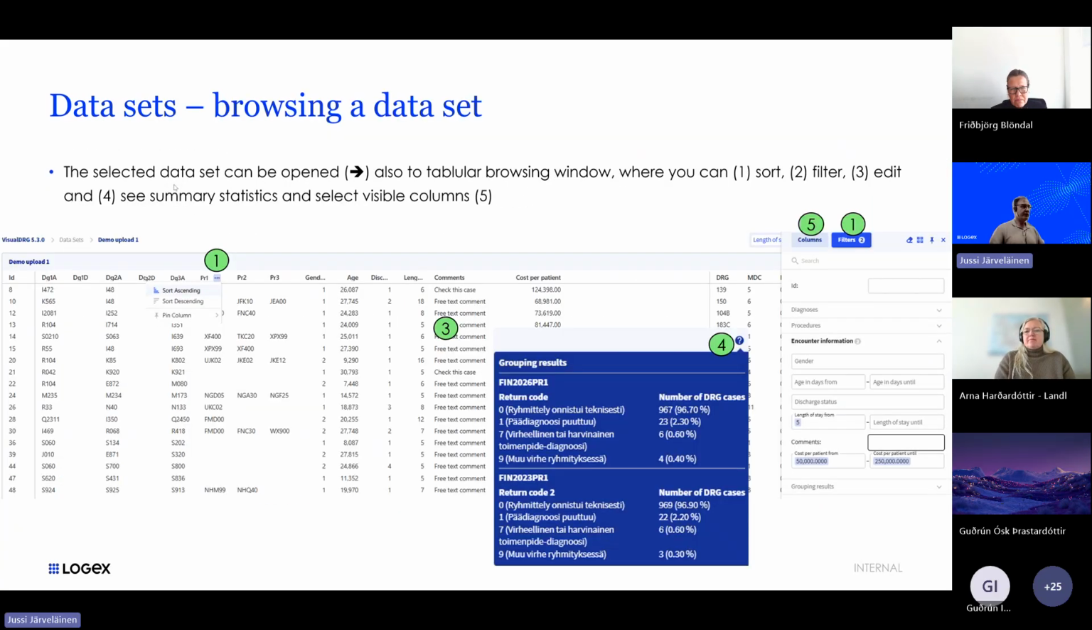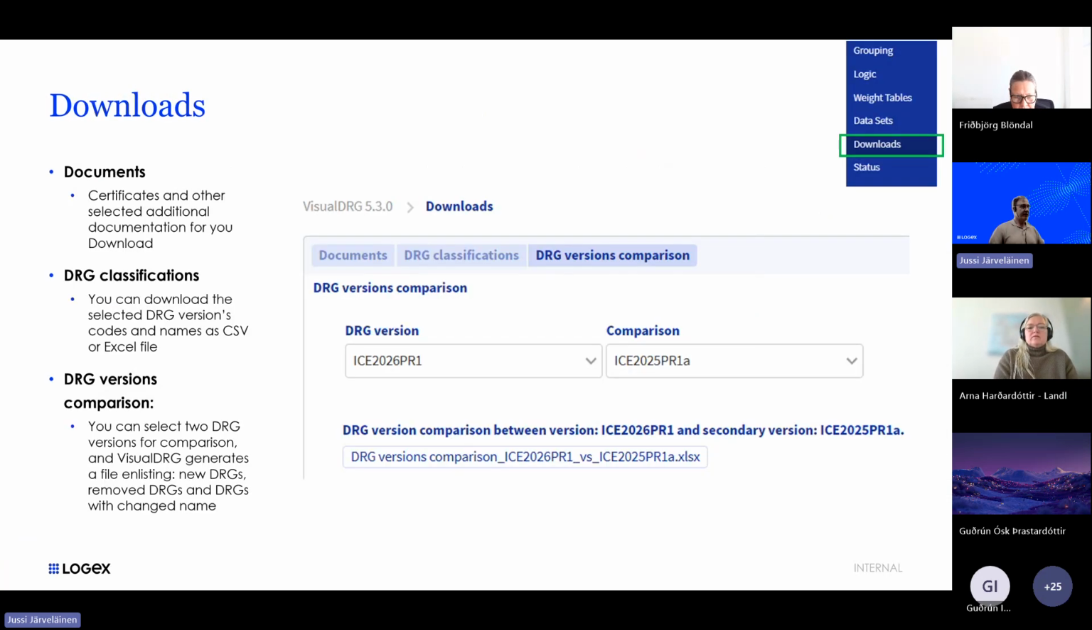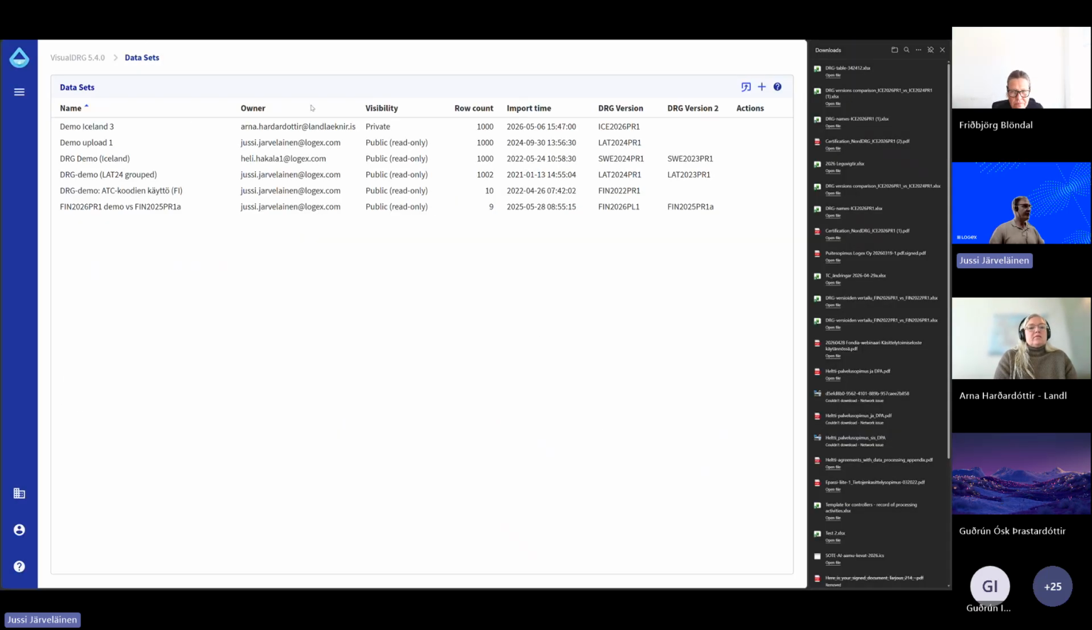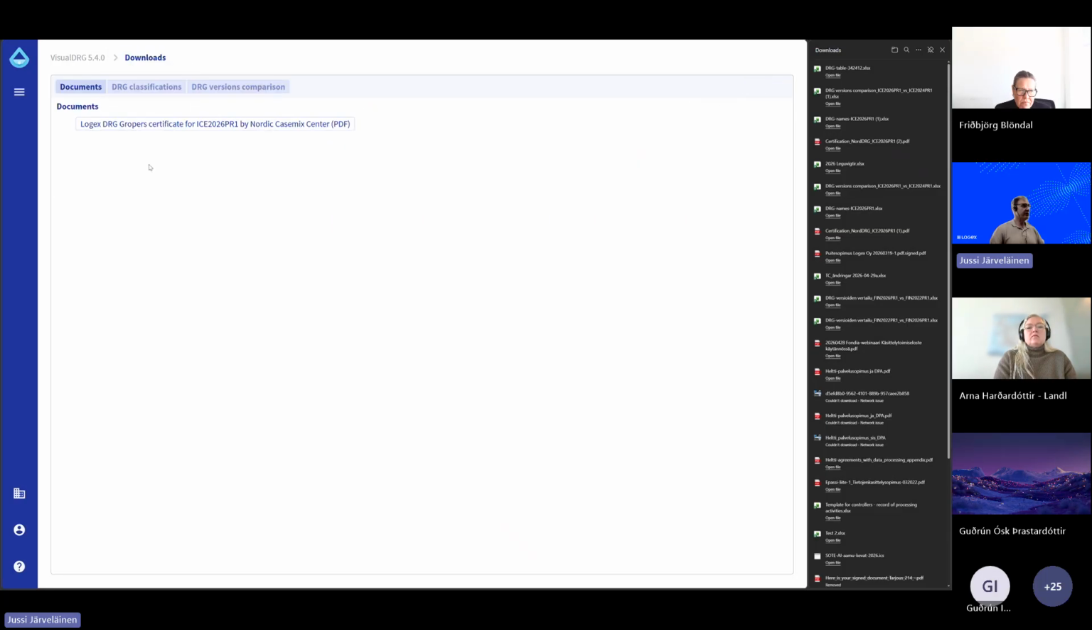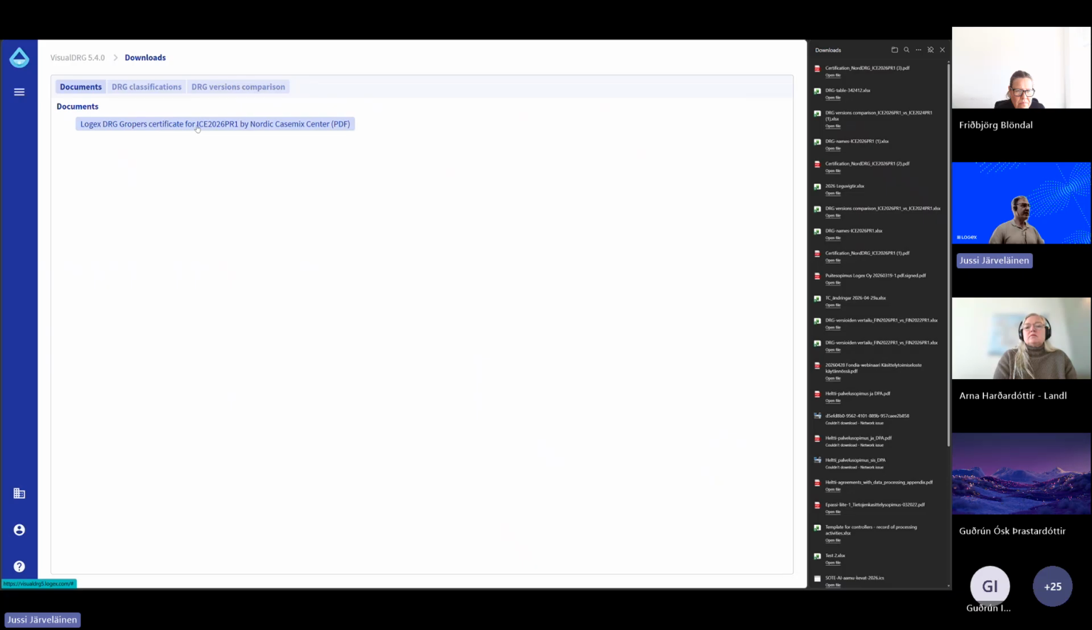Okay, and then you can browse the data set. I've already shown you that functionality. Then there are only a few things left. Let's go to the downloads page. The next one is downloads from the main menu. You can download a certificate or documents. I'll upload this